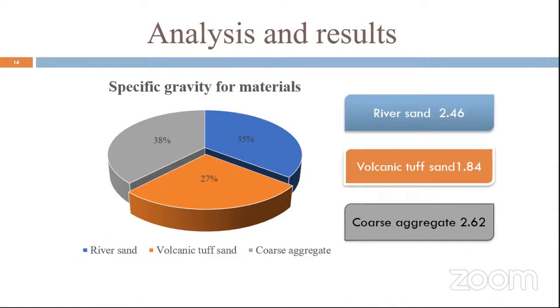In determining the specific gravity of materials, we obtained the following for the materials that we had. River sand obtained about 5%, which is interpreted as 2.46 specific gravity. Volcanic tuff sand obtained 27%, which when interpreted is 1.84. Coarse aggregate obtained 38%, and as interpreted leads to